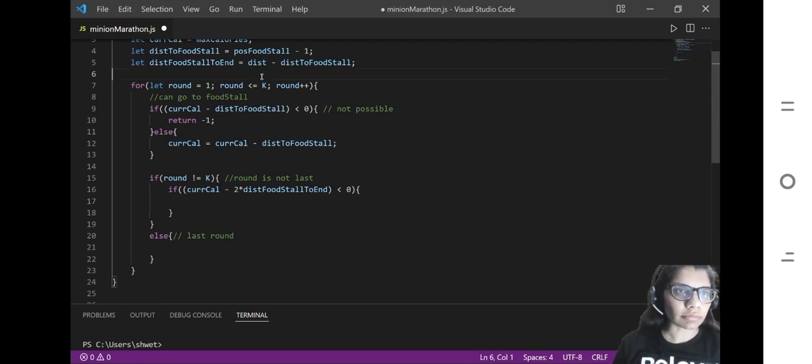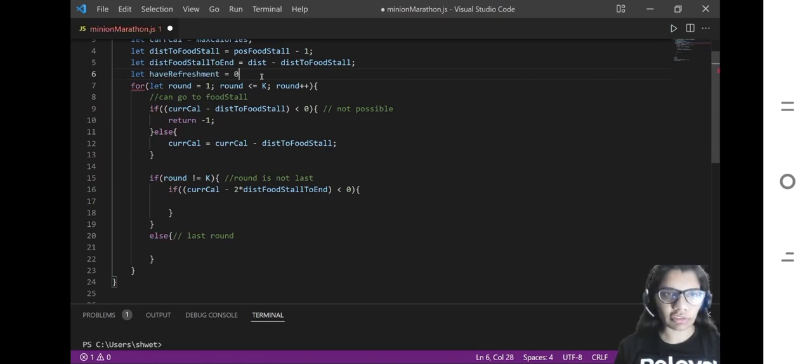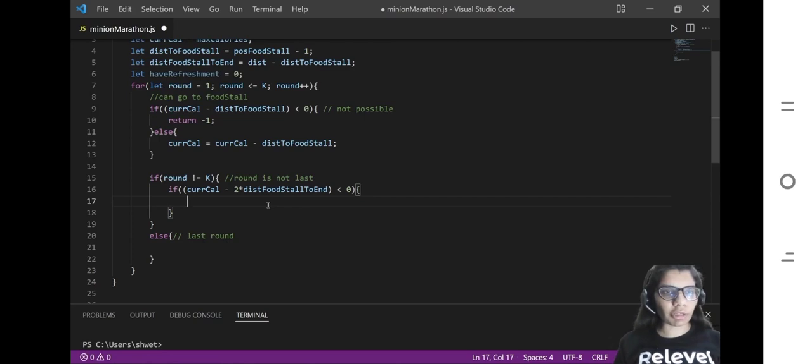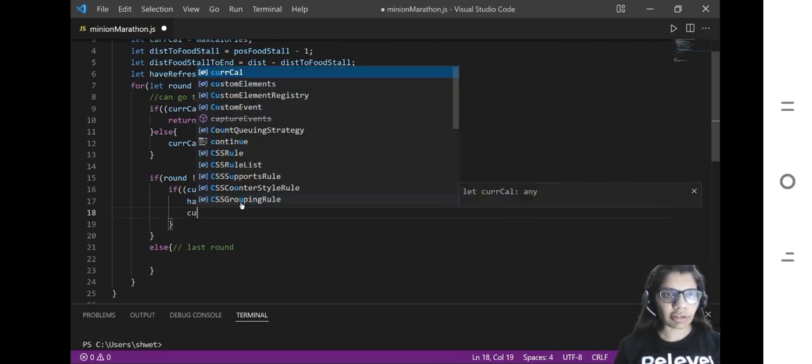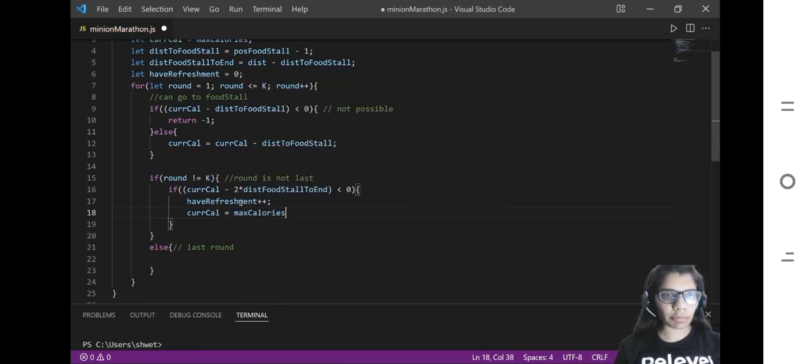So let's say we have a variable, have refreshment, which was initially 0 as we haven't had any refreshment, but now it's time to have some refreshment, otherwise we won't be able to go to the end and then come back to the food stall. So we will do have refreshment plus plus, and as soon as you have the refreshment, your current calories will be updated to your maximum number of calories again. Otherwise,